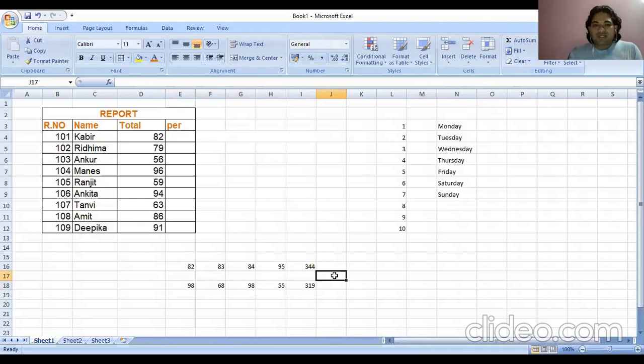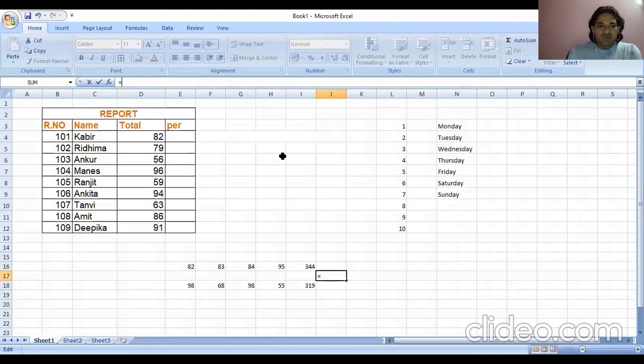So this is a practical lesson, and Microsoft Excel is one of the easiest topics you are going to learn. Okay, so I'm going to show you a video where we will try to cover the balance part of the lesson, which is how to type formulas. Now the formula fx is here, you can see it up here. First thing you do is put the equal to symbol. After putting the equal to symbol, you can see SUM came on the other side. Got it? So you can type the formula.